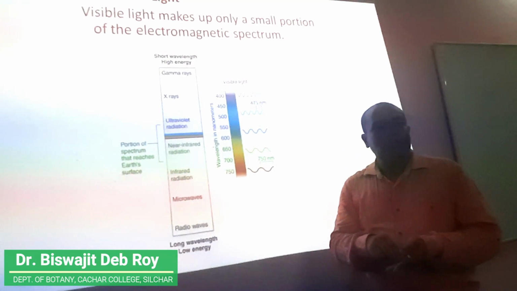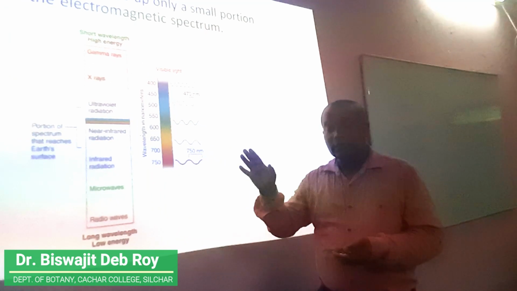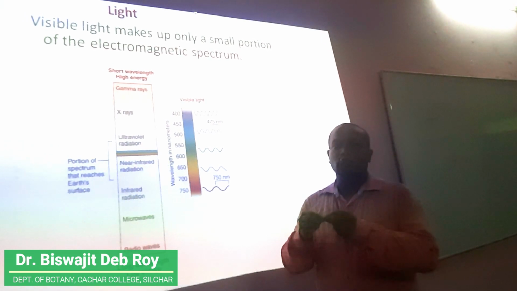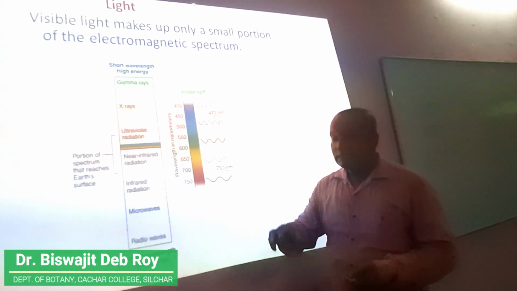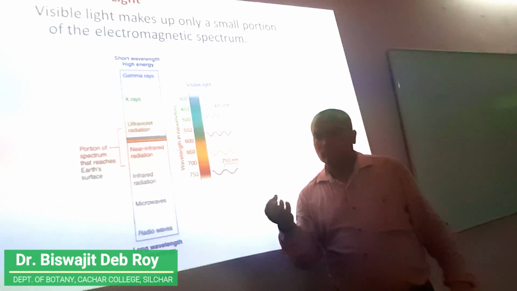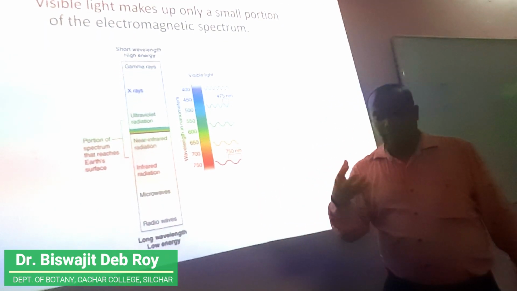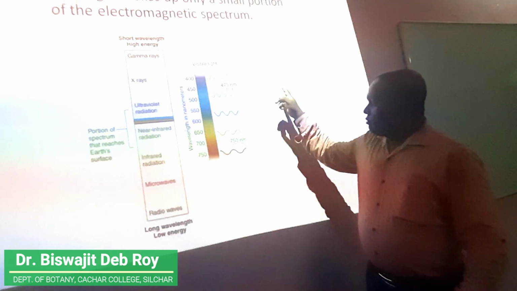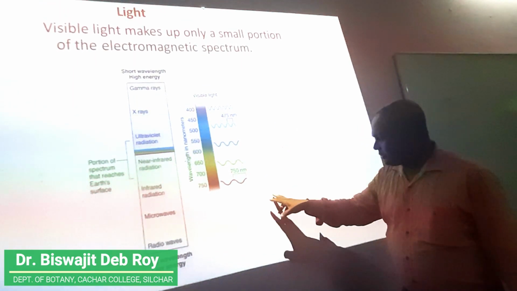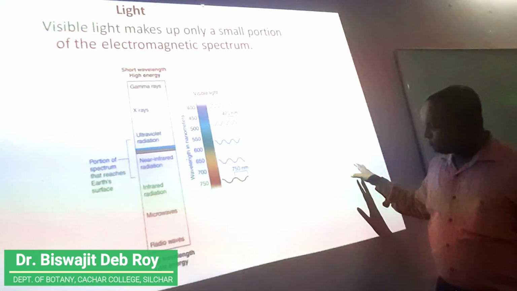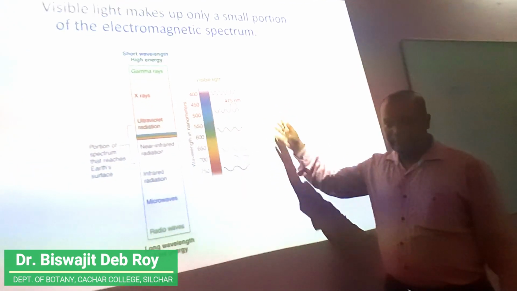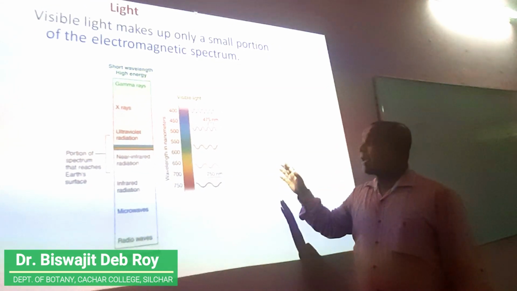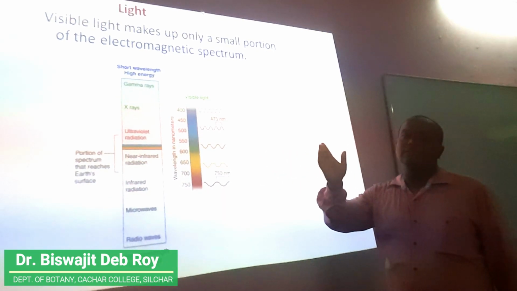And what is action spectra? Action spectra, for a particular photosynthetic pigment, is the quantum yield. What is the quantum yield of photosynthesis? Quantum yield means the number of photons absorbed and the number of glucose molecules formed, or the number of photons absorbed and the number of oxygen molecules evolved. That is called quantum yield. In the x-axis, there are some wavelengths of light, and in the y-axis we place the quantum yield. One curve is obtained. That particular curve is called the action spectrum. So the action spectrum for different photosynthetic pigments is different.